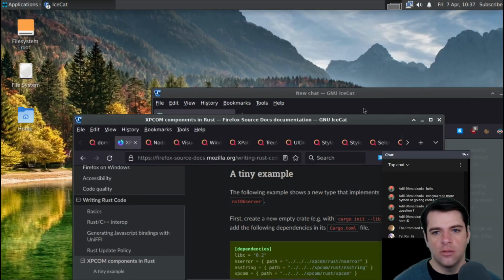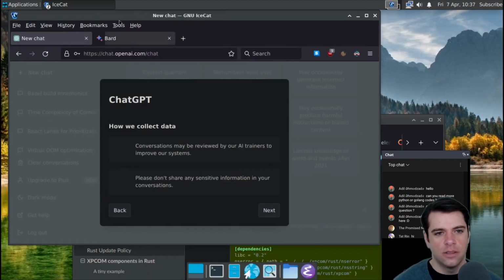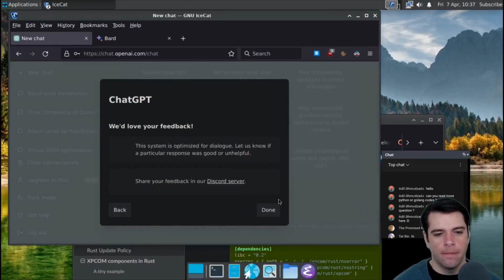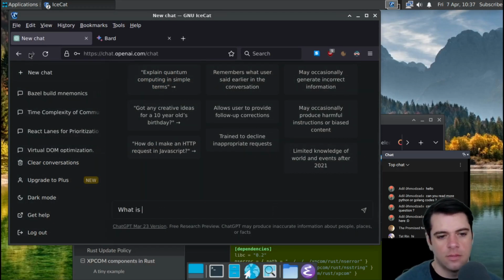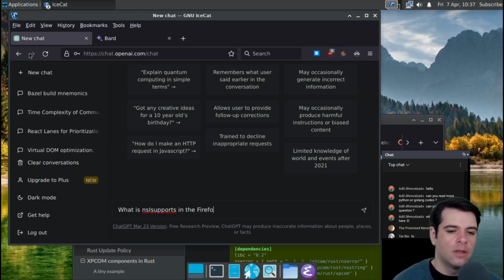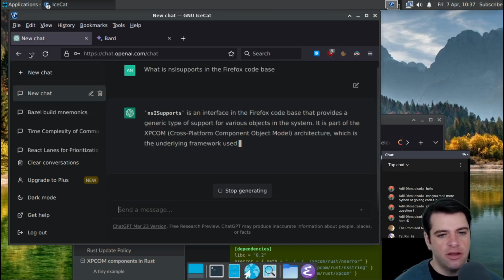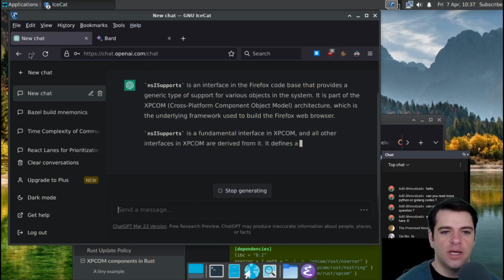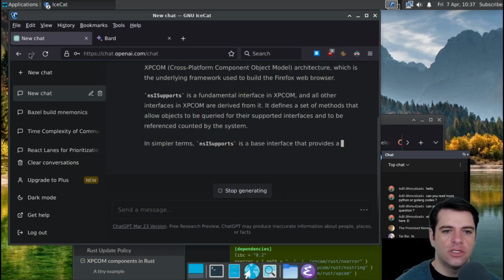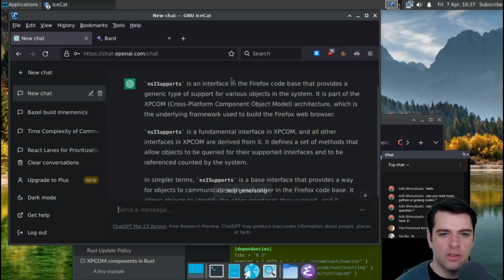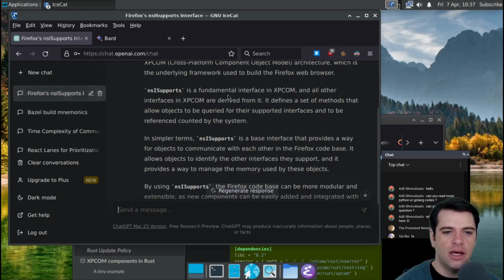Let's ask one of the bots. I'll ask ChatGPT what NSI supports is. Provides generic support for various objects in the system. It is part of the XPCOM cross-platform component object model architecture, which is the underlying framework used to build the Firefox web browser. NSI supports is a fundamental interface in XPCOM, and all other interfaces in XPCOM are derived from it. It defines a set of methods that allow objects to be queried for their supported interfaces and to be reference